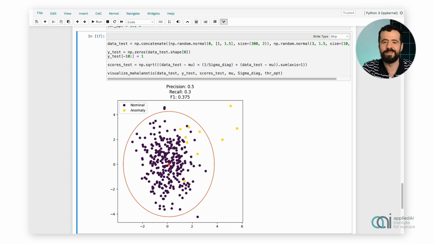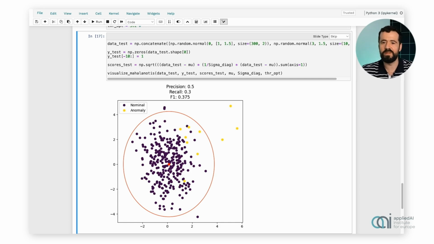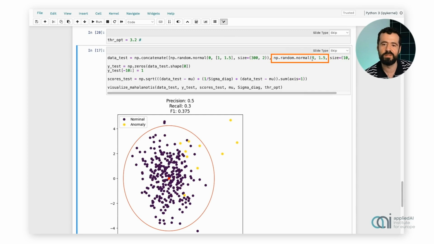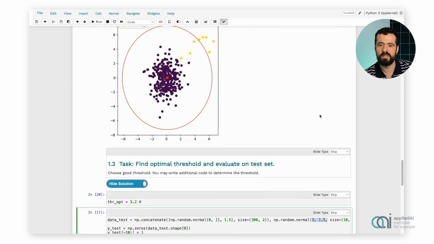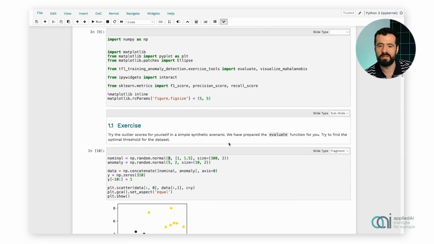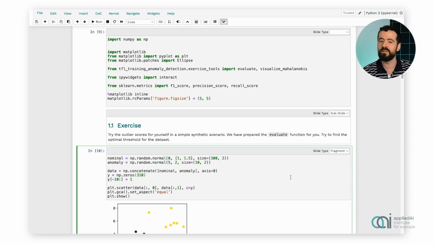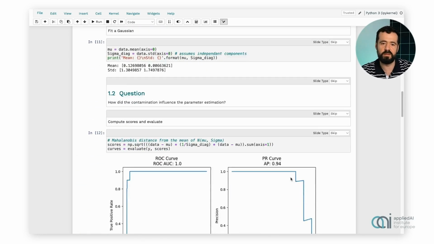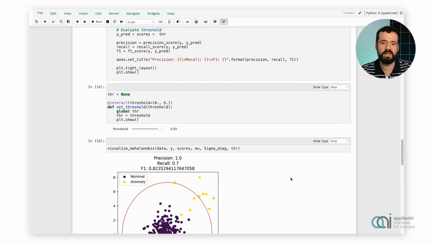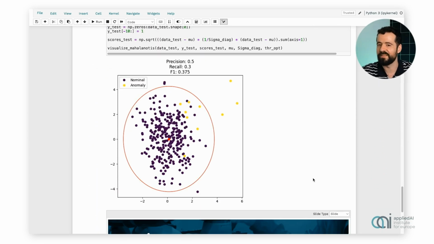And this is due to a little trick that we used, because now we assume that we are in a case where we actually cannot assume that the anomaly distribution is really constant over time. So here we have actually moved the anomaly distribution a little bit closer to the nominal one, here at the 0.3. If we do a quick comparison with the original anomaly distribution, then you see the mean was at position 5.5. So we moved it a little bit closer. The adversary tried to make his observations look a little bit more like nominal data. And we can see that this was rather successful because about half of all the anomalous points remain